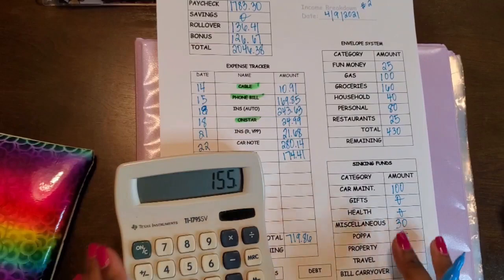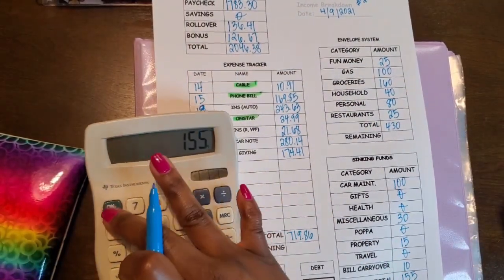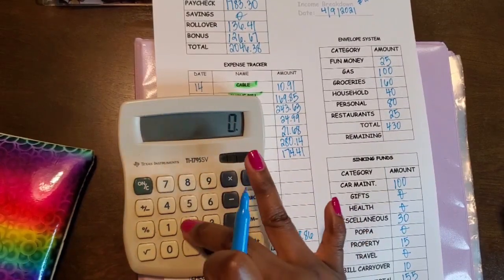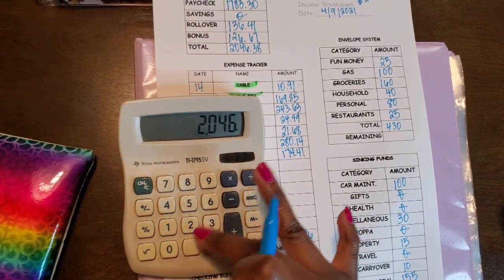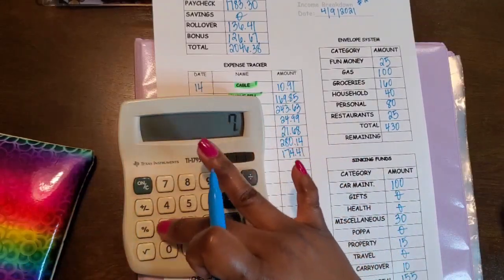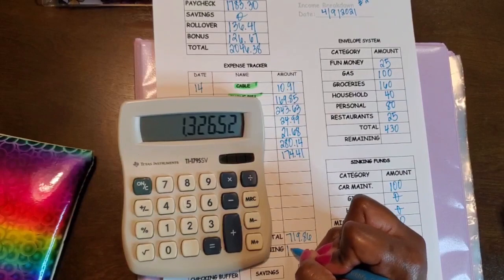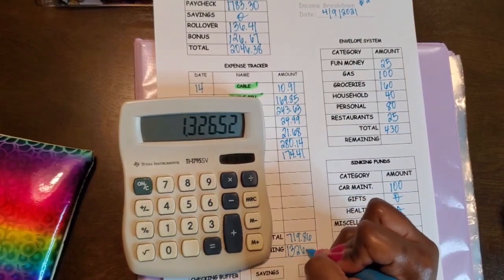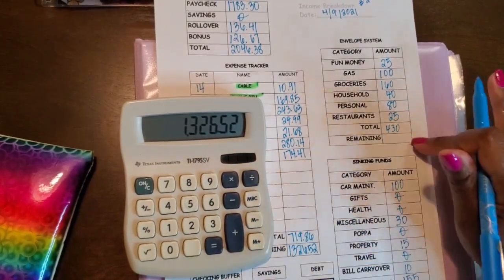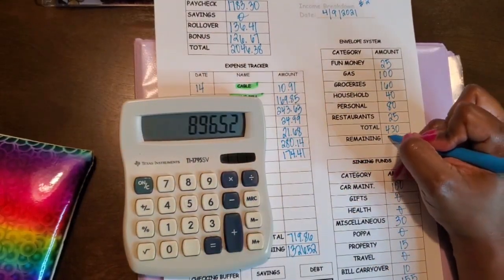Okay, so we need to find out what we have after we pay each category. So let's start with $2046.38, and we're going to minus the $719.86, and that's going to leave us with $1,326.52. We're going to minus the envelope system of $430, so that leaves